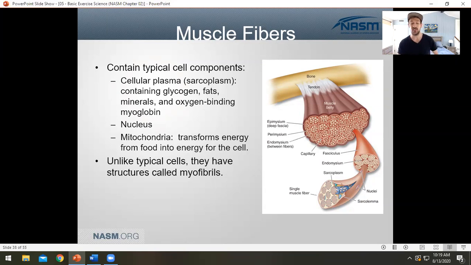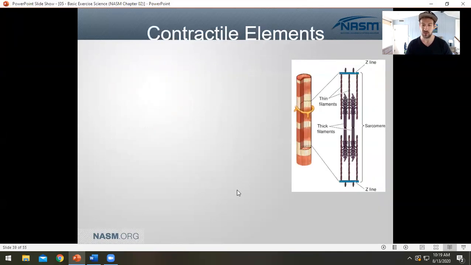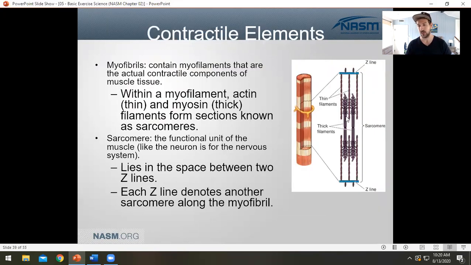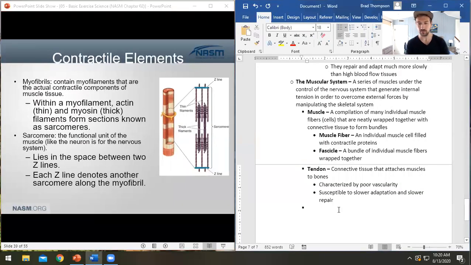Then you're going to see a nucleus, then you're going to see mitochondria, all the normal stuff that we normally see. But one thing that's totally special is that they have myofibrils, which are those myofilaments that I mentioned, right? That's the sarcomere that you can see here. Muscle fiber components, right? Let's go ahead and look at those individual bits there. So again, if a muscle fiber is an individual cell, it's going to have special